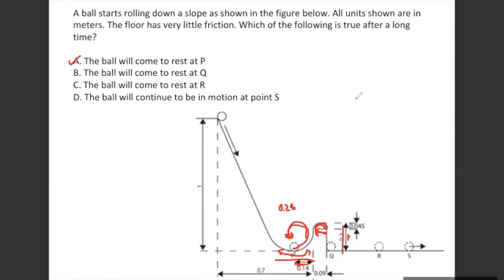Ma'am, but with the speed with which it will come down, won't it jump over that part? That's what I'm saying. No, look at this curvature. You can very minutely look at it. Let me just remove all this. What I was suggesting you to look at is this curvature. So it goes out and then it comes in. I'm exaggerating this drawing, but there's a slight tendency that the upper curvature is more and then the inner curvature is slightly going in.